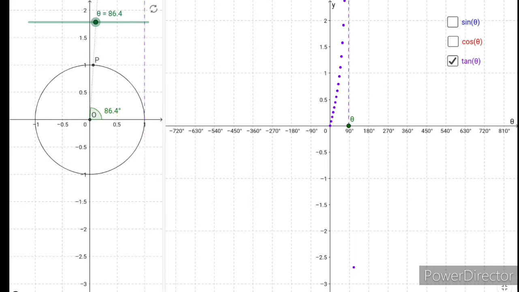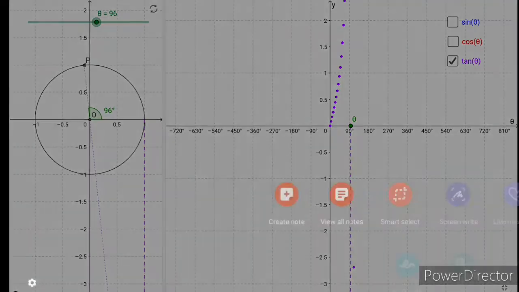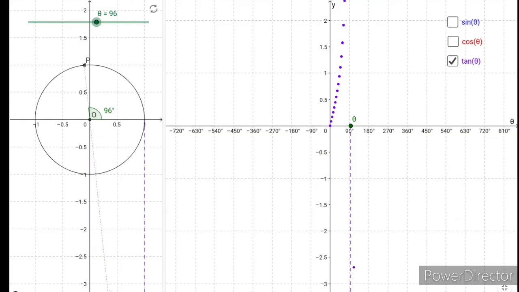Okay, now let's see what happens for tan after 90 degrees. See, after 90 degrees, it will be in the second quadrant. We have seen that in the second quadrant, tan theta is negative. So if you observe, just after 90, let's say 96 degrees, tan theta is nothing but the length of this dotted line. This is not blue, this is magenta. This dotted magenta line. So if you see, tan theta will be negative of larger value. So it will be somewhere below.